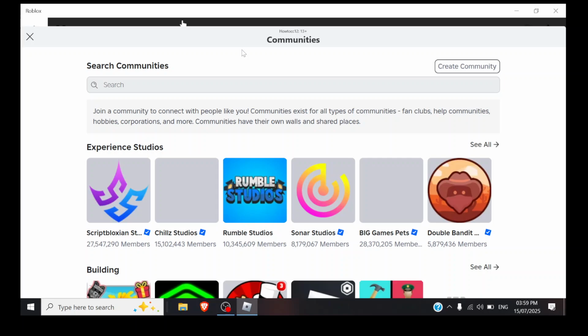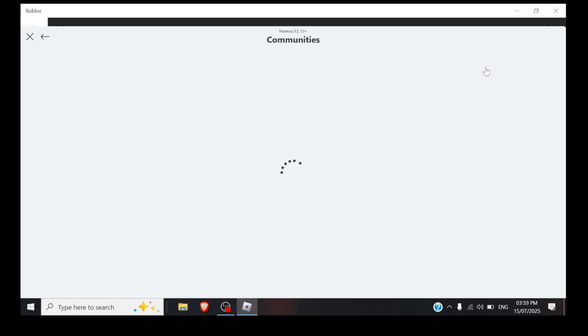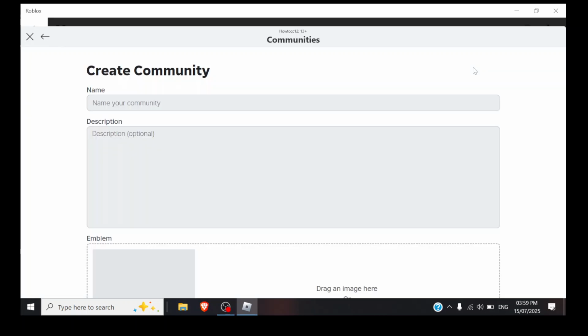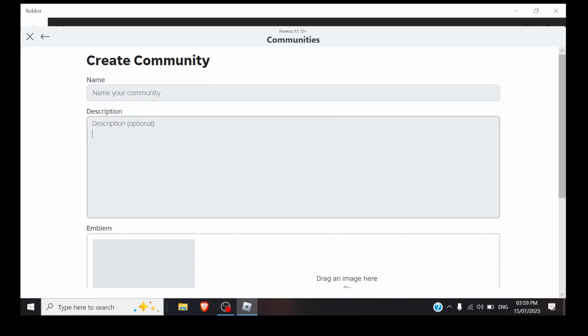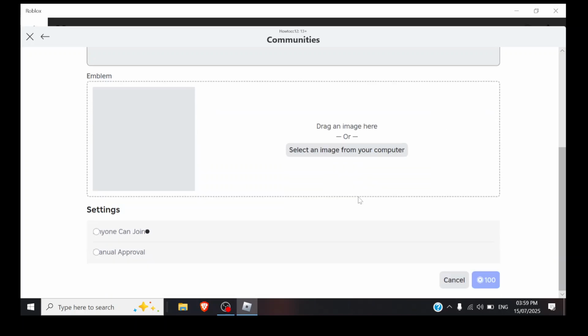And on the left, you will see communities you're in, and there is also options to create a community. I'm going to click on that. And now you're in. All you have to do, you can give your community a name. You can add a description if you want. This is optional. And then you can choose an emblem by pressing selected images